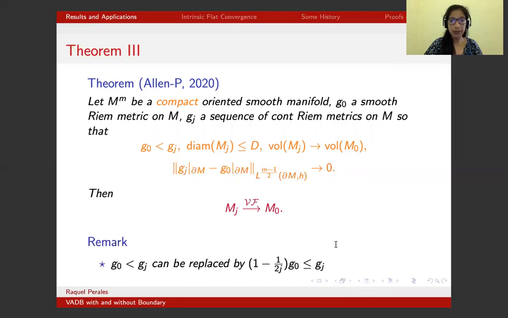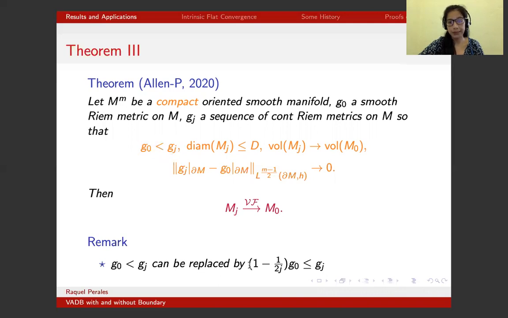And what we require instead of having a totally convex interior with respect to G0 is that the M-1/2 norm of Gj minus G0 restricted to the boundary of M converges to 0. So under this hypothesis, we also have intrinsic flat convergence to M0. And the remark is that in this theorem, we have a strict inequality, G0 less than Gj, but this also